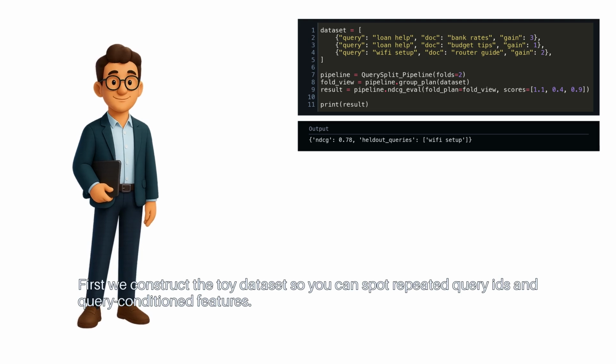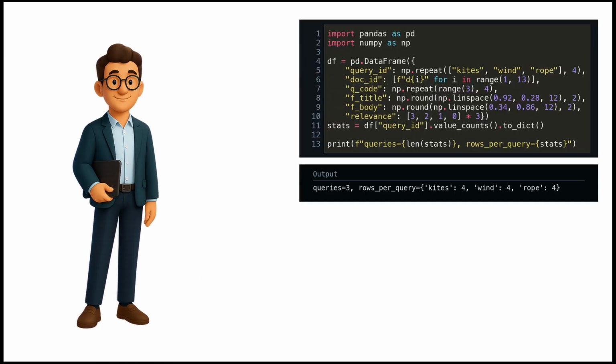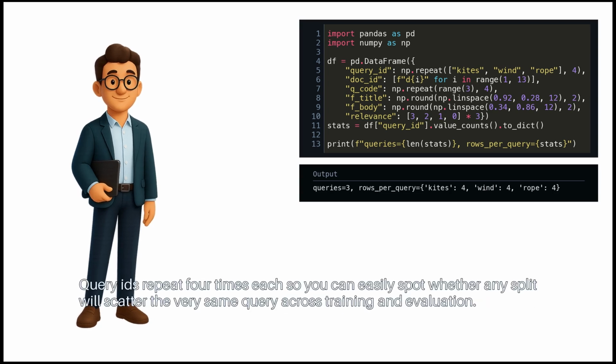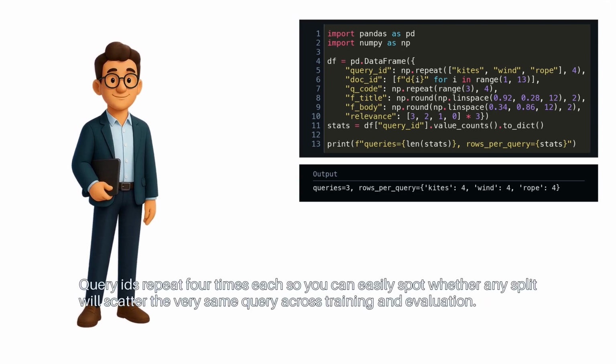First, we construct the toy dataset so you can spot repeated query IDs and query-conditioned features. This snippet assembles a pandas data frame that mirrors a minimal learning-to-rank workload with repeated queries and engineered features. Query IDs repeat 4 times each, so you can easily spot whether any split will scatter the very same query